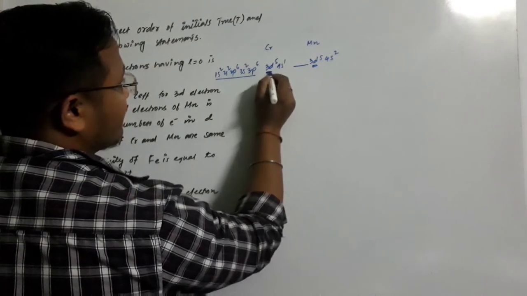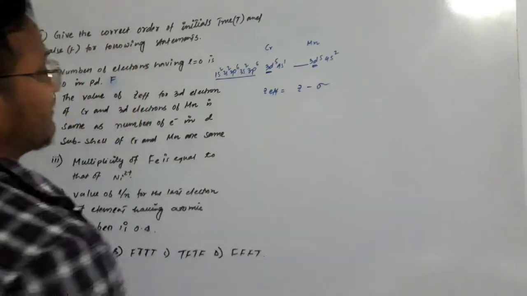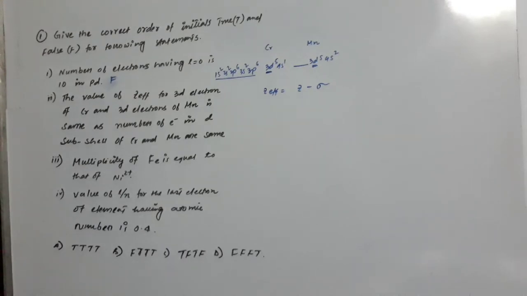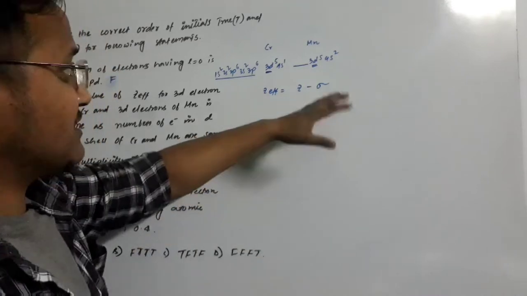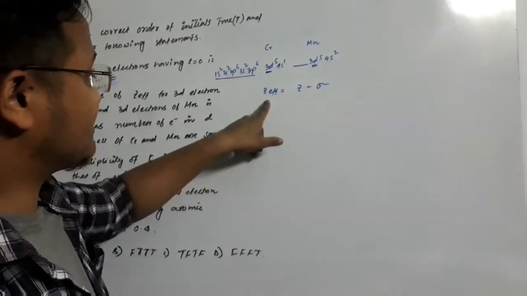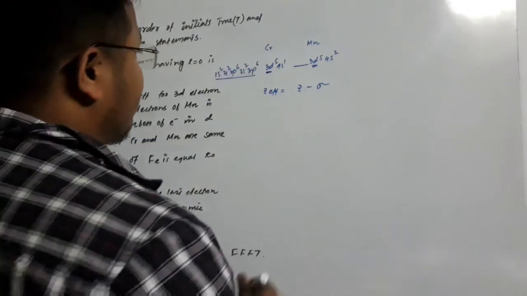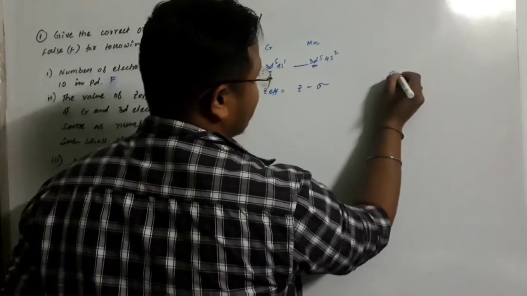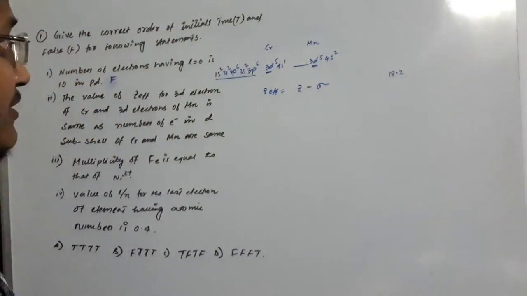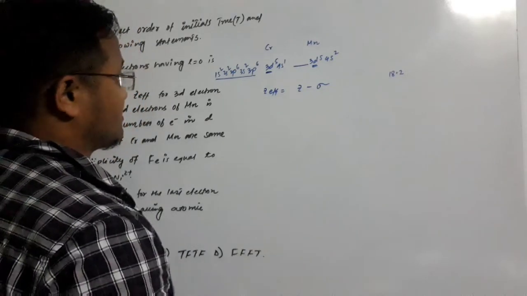If you are supposed to calculate the effective nuclear charge, Z effective, it is calculated by the equation Z minus sigma, right? Sigma is considered as the shielding constant here, so this is the effective nuclear charge. This Z means the atomic number of the element. Now whatever value comes out for sigma in both cases, up to this orbital, it is coming out as 18.2, and we will discuss this later on if I get the chance to go through the classes.